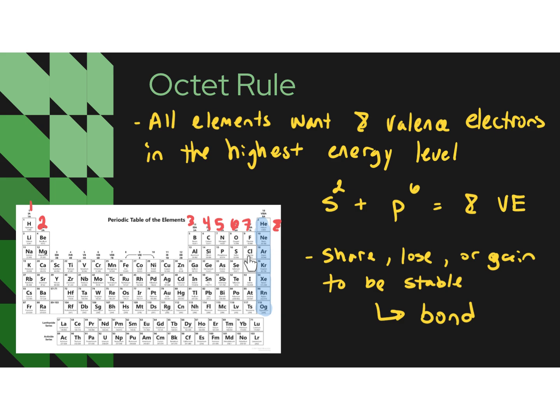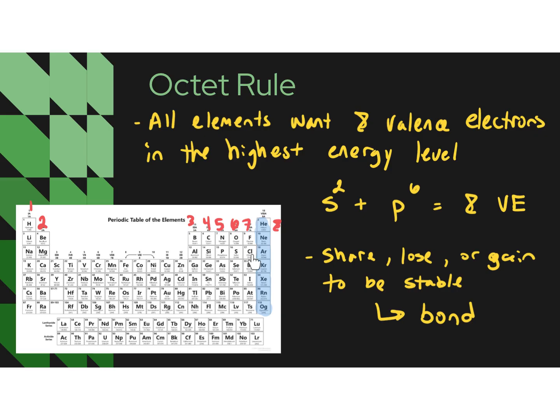Now let's look at chlorine, for example. Chlorine has 7 valence electrons, which means it only needs 1 more to look like argon, and so it's wanting 1 electron. Now, what if you are, say, potassium, which has 1 valence electron? Potassium looks like it's a long way from a noble gas. In terms of valence electrons, it's 7 away, not including the transition metals, of course. But in fact, it's only 1 away, because if it loses its highest energy level electron, it will also look like argon. So potassium is looking to get rid of an electron, chlorine is looking to gain an electron,